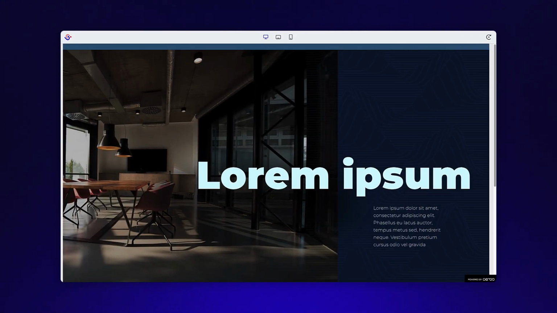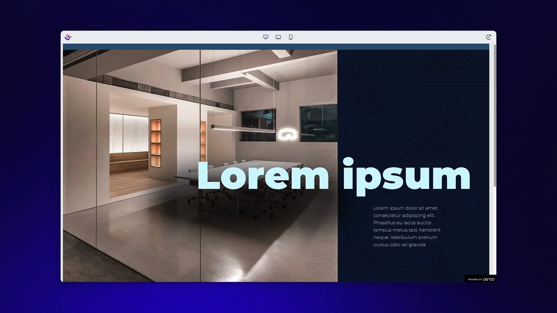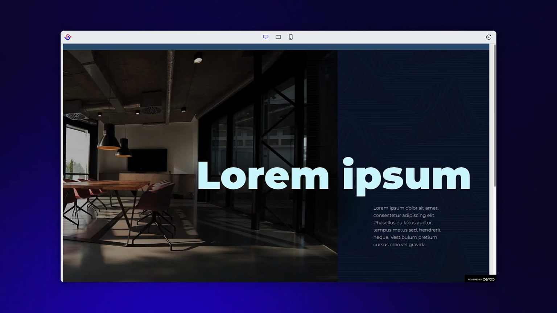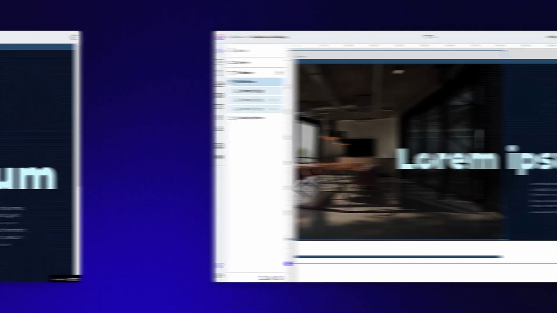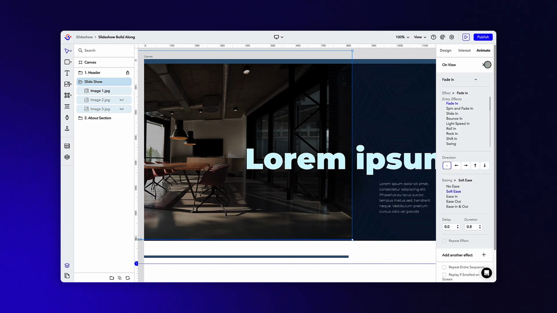As you can see in the preview at this point, the 3 images cycle through non-stop, just the way we wanted. However, we can apply some subtle animations to make the images appear a little less abruptly. Since the animation will be the same for all 3 images, you can select them all together and apply the animations at once. In this case, let's apply an on-view fade-in animation with the default timing of 0.8 seconds,